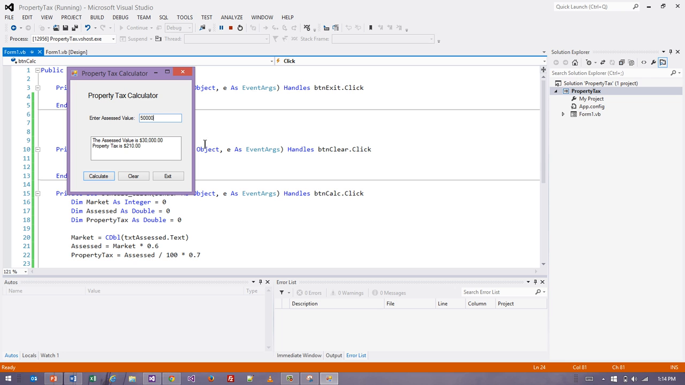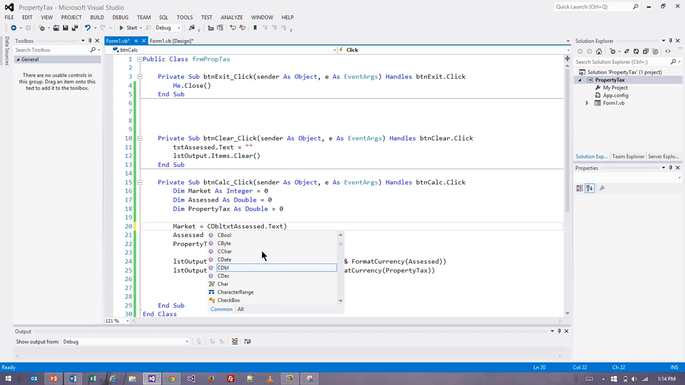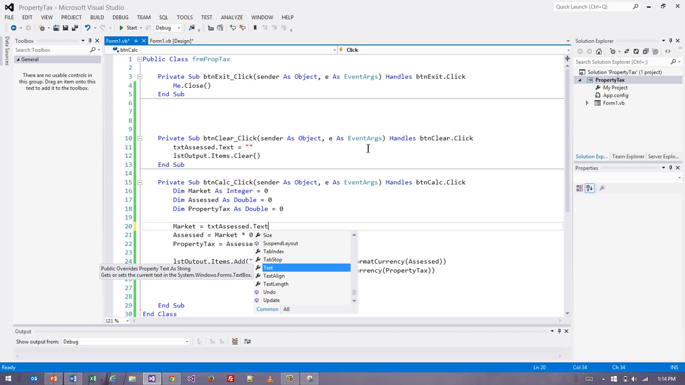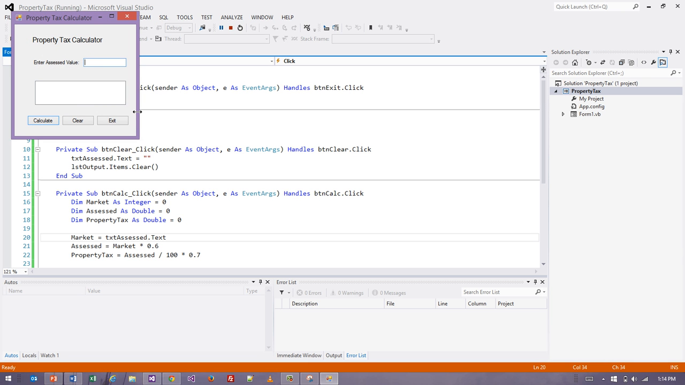Press enter. You can see it still works. Okay, so you're saying, well, what's the point of that? Well, let's see what happens if we delete that conversion. Let's save it and run it now. Okay, it still works, but what happens if I throw in a decimal number? It still works. So apparently that conversion is not very important. However, if I type in some text,